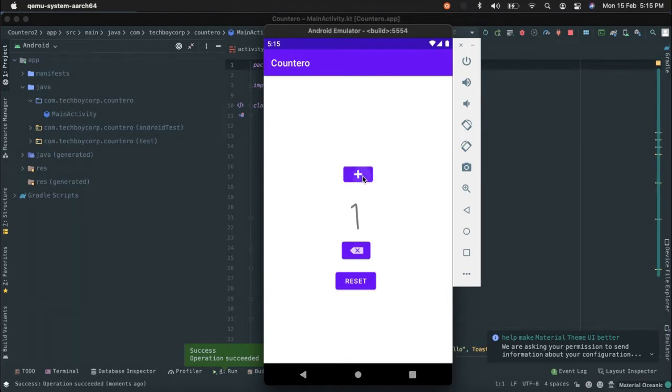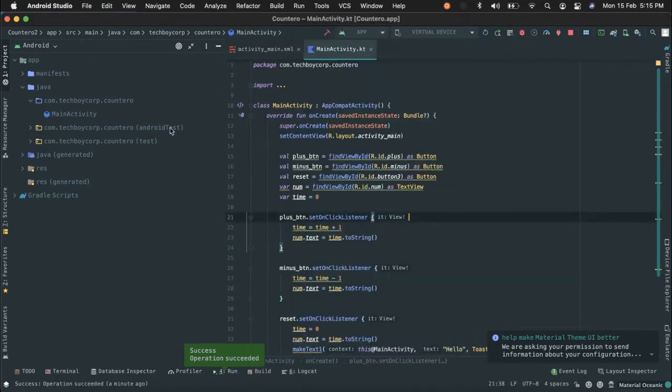Okay, we can add. So 1 2 3 4 5 6 7 8 9 10. Then I can subtract like that. So I can add more, add. Now the user would say, oh God, I did it a lot. Now I have to click 32 times over here to go to 0. You can use the reset button now to reset it, and that is the thing that we're gonna be creating. So let's get right into it.